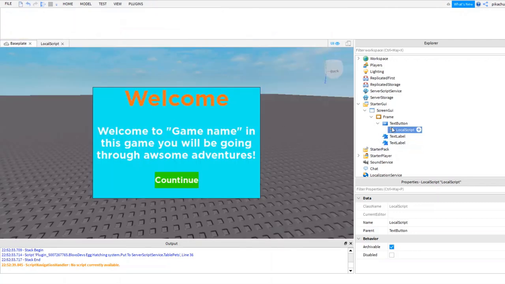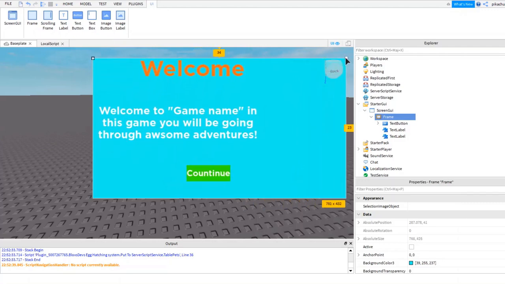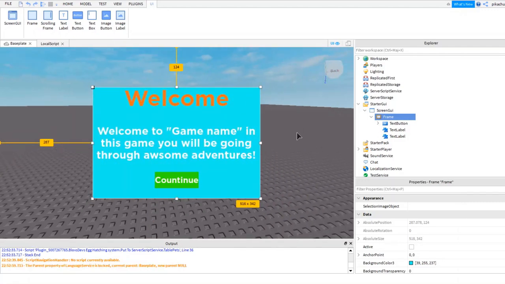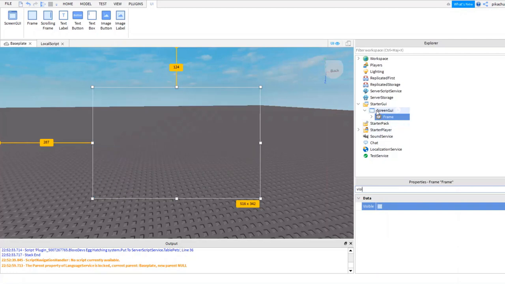Okay, so right now we're going to go over and make the, we're checking here. Let's make it the right size. Okay, we're going to close that frame and make it not visible.